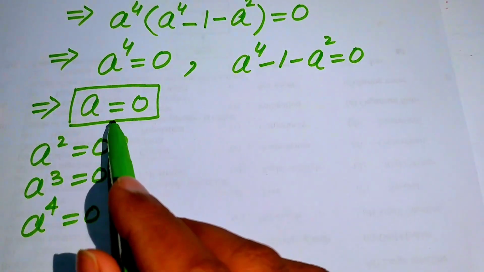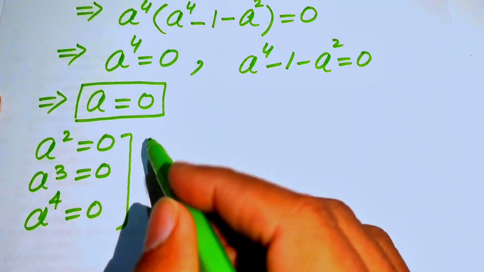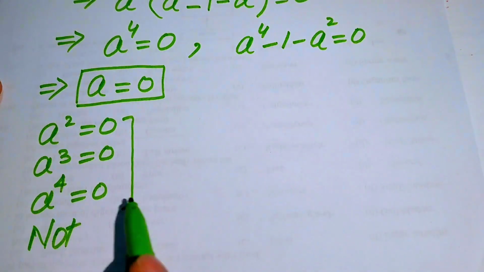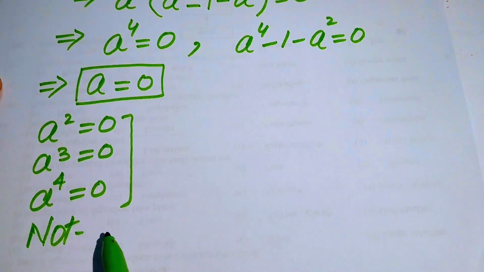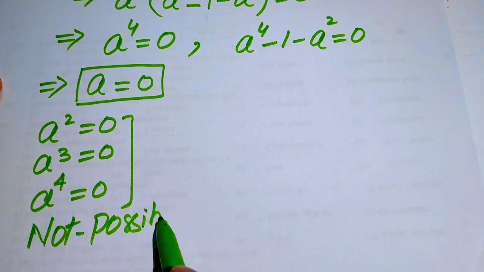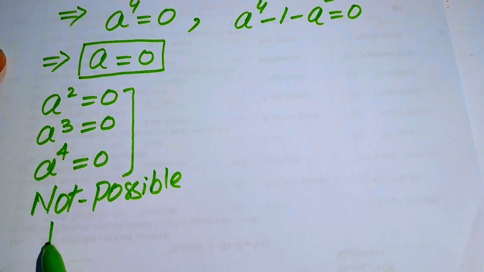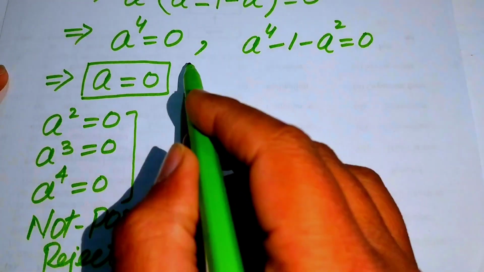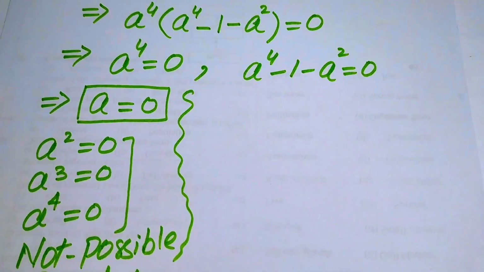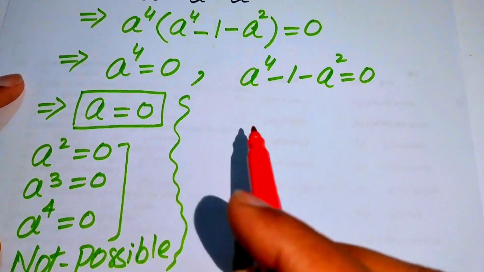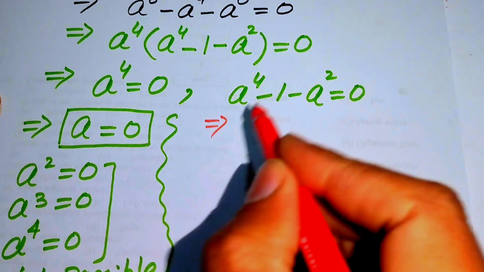So when a equals 0, this case is not possible, because when a is 0, all the other sides of the triangle will become 0. So it is not possible, and we will reject this case, because all the sides become 0 in this case. And now we proceed with the other case only, and in this case first we rearrange the terms,